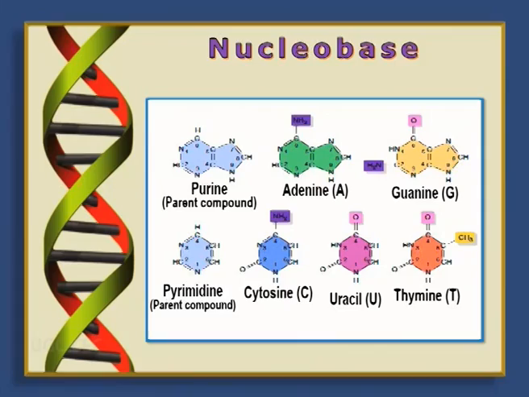So, after knowing about the deoxyribose and ribose sugar, let's move to the third important subunit, which is the nucleobase. The nucleobases are heterocyclic nitrogen-containing compounds, and they are mainly of two types. One is the purine, another is pyrimidine. Purine, as you can see, is a 2-ring, 9-membered structure, examples of which are adenine and guanine, whereas pyrimidine is a 6-membered single-ring structure, examples of which are thymine, uracil and cytosine.